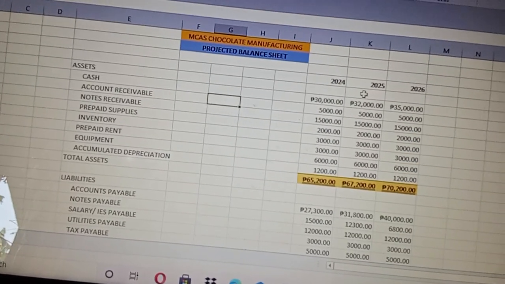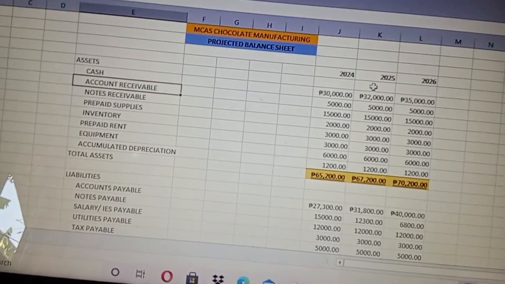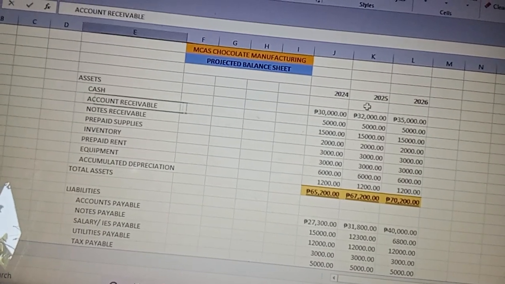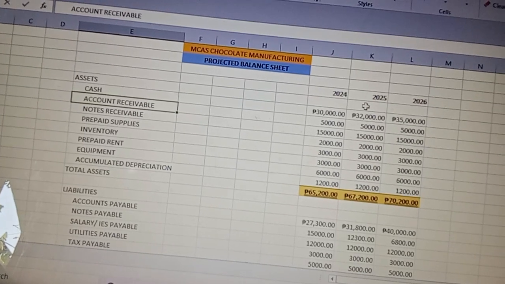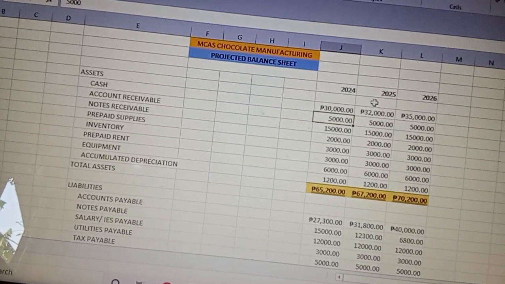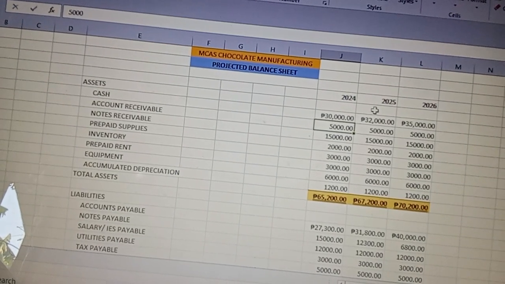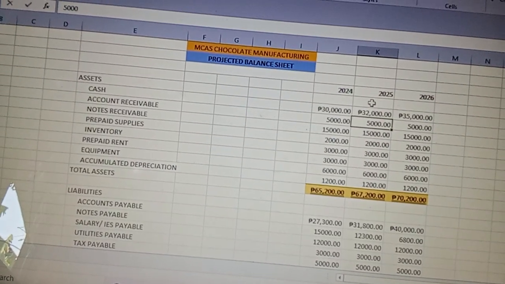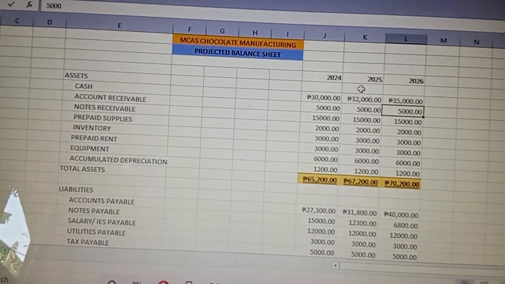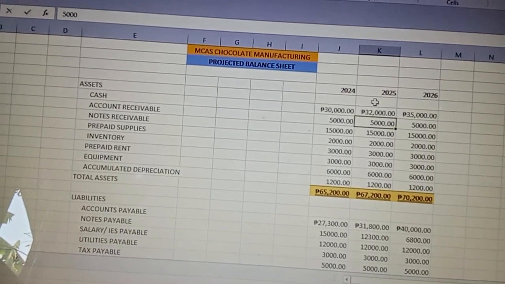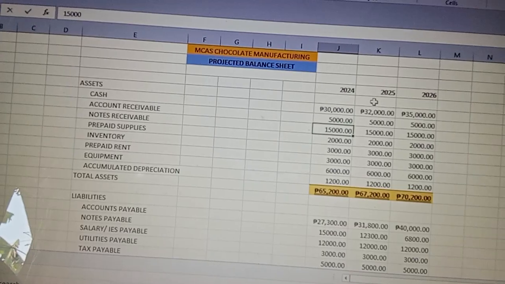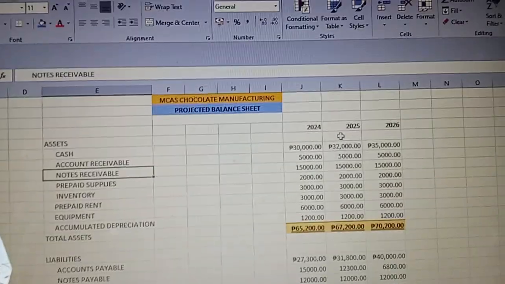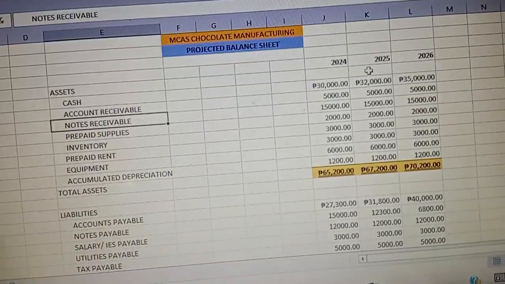A bad debt is an expense and it is part of the income statement. But I am not encouraging you to have bad debts, so do not have a very high number of accounts receivable and choose very well the people you allow to borrow money or acquire the product on account. Another thing, you will notice that it is consistent. You can do that for the preceding years, that you will have the same allowable amount of product that you can allow the customer to get on account.